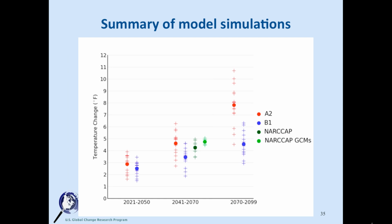Number one, all the models show warming for all of the periods. And the value of the warming is pretty significant with respect to the historical range of conditions. As you go forward in time, from early to latter part of the 21st century, the warming gets larger and larger. In the early part of this period, there isn't a lot of difference in the warming between the two different scenarios, but by the time you get to the latter part of the 21st century, there is quite a difference, almost a factor of 2 difference in warming. And if you look at the red, the high emission scenario, which again is sort of the path we have been on, the warming values are really